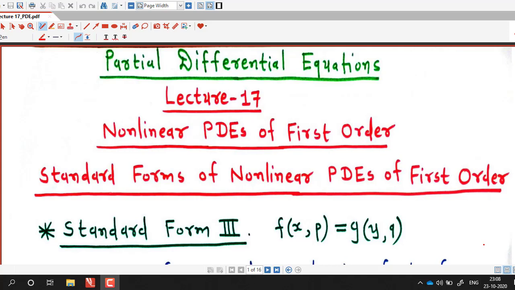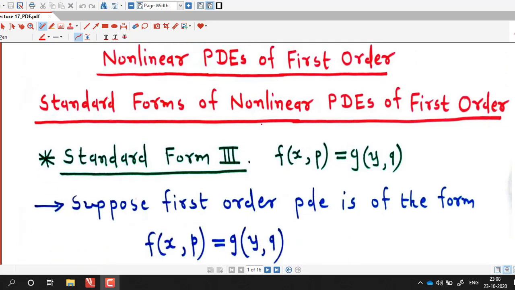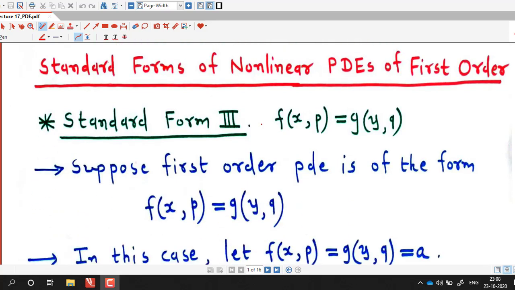In this lecture we are going to discuss the third standard form of nonlinear partial differential equation of first order. So let us see what is the partial differential equation in this standard form and how to find out its complete integral. So if our partial differential equation can be written in this form,